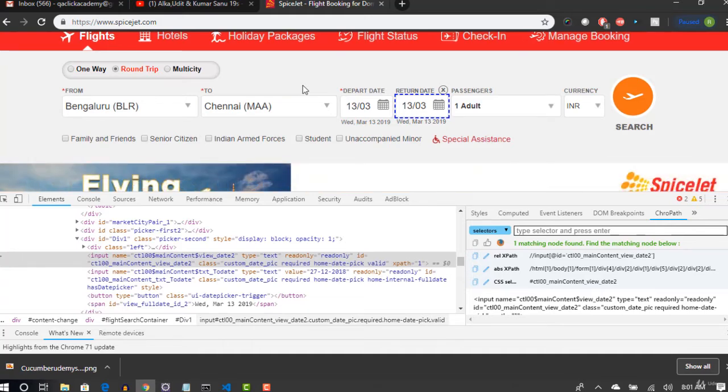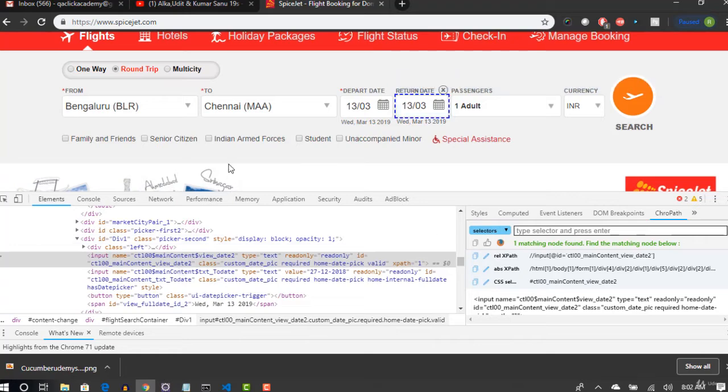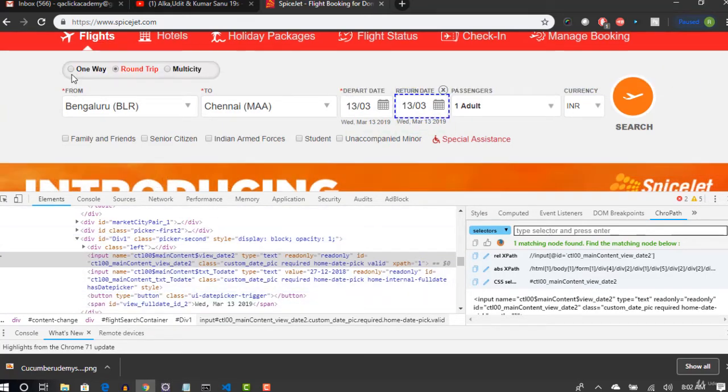Okay, let me explain it practically to understand this. Okay, this is the div id and this is the edit box inside. Anything will help us to select. Now take a screenshot of this page. Currently it is enabled. Okay, take a screenshot. Now I'll click on one way and watch carefully that one of the attribute values will get changed here. Okay, watch this HTML. I'm going to select one way.